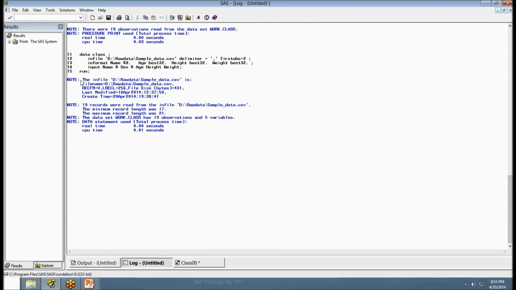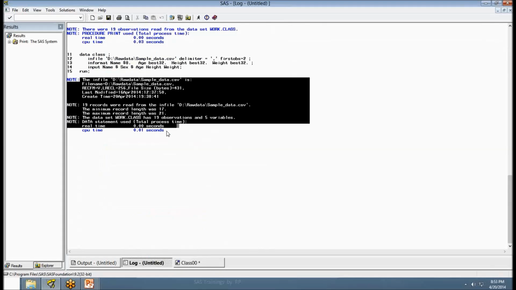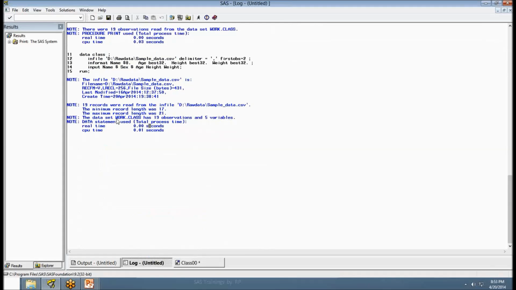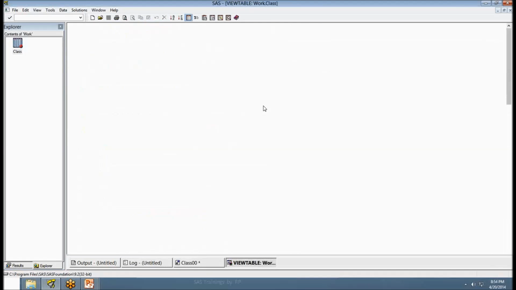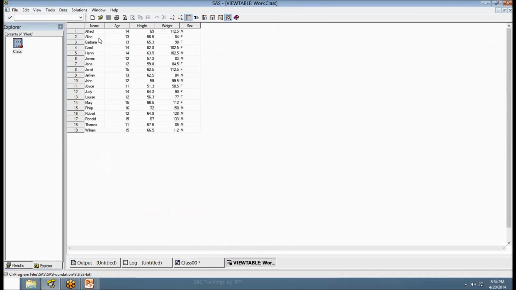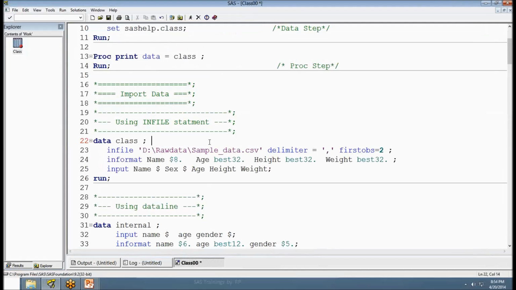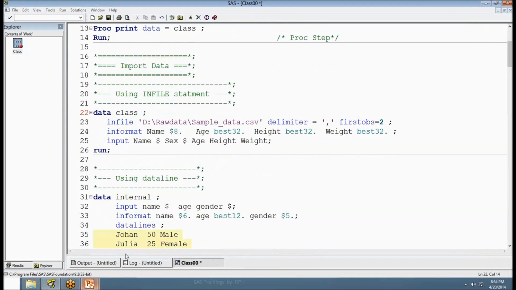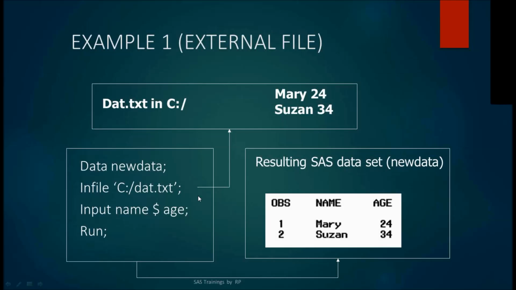If you see the log window, there is information related to your submitted program. The output dataset contains 19 observations and 5 variables. By default, the output dataset will be created in the WORK library. If you see, the output dataset is just similar to your .csv file present outside of the SAS environment. So coming to the presentation,